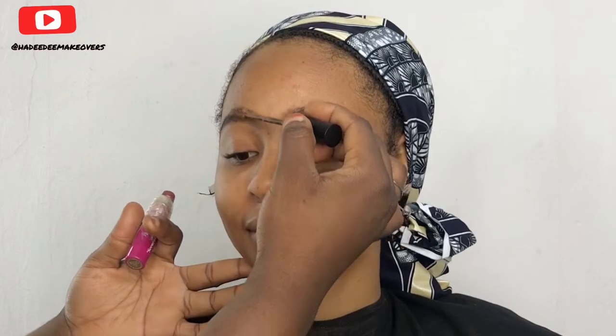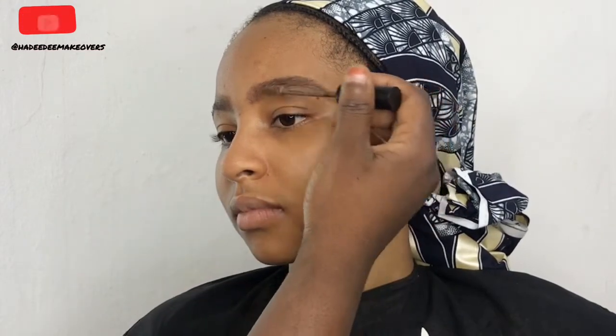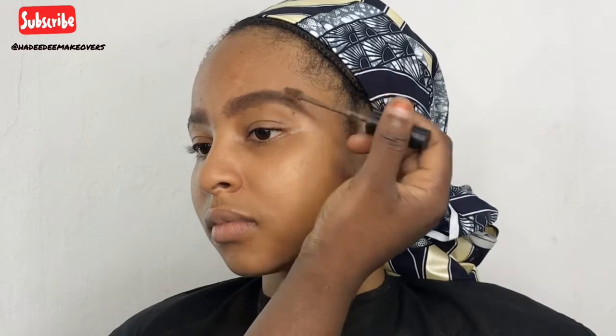So moving on, I'll be using the brow tint from Beauty Line by Didi. It will make her brows look lighter than the way it is. Her brows are already full, so I filled in the places where the brows are looking scanty. That's why you're seeing the brows looking too big. The brow tint helps it look lighter, and the hair will be a little bit sparse. That's what I'm trying to achieve here. And my client likes her brows full, so